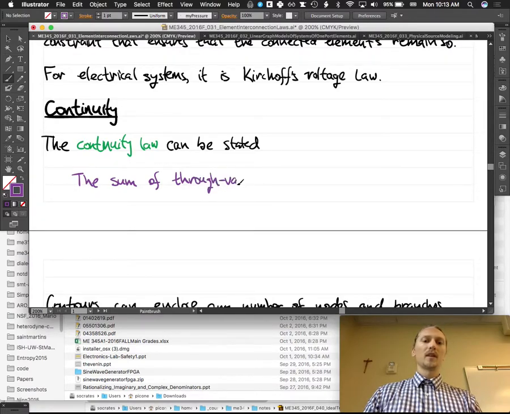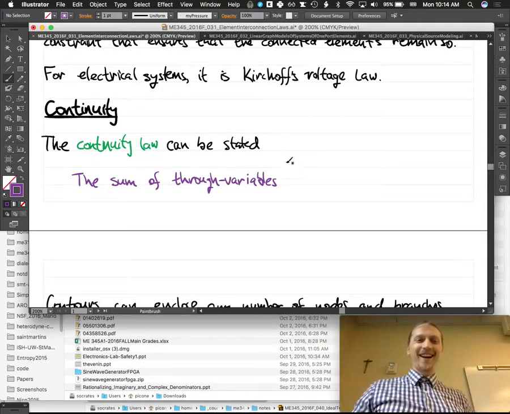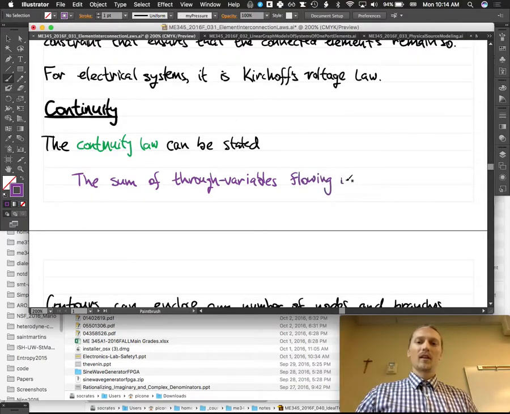Give me a couple examples. Great. What's the last one we talked about? For rotational systems. Torque. Yeah. Sum of through variables flowing into any closed contour